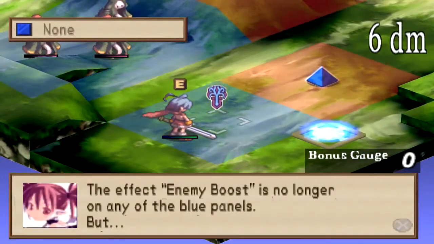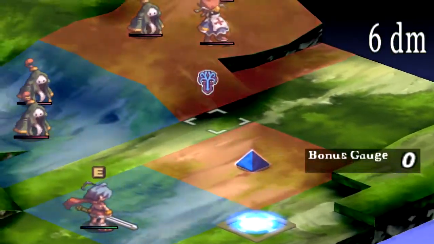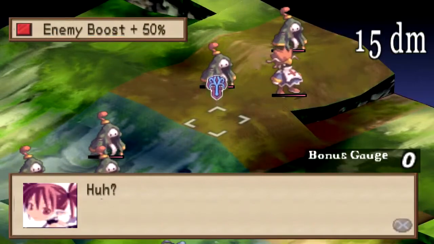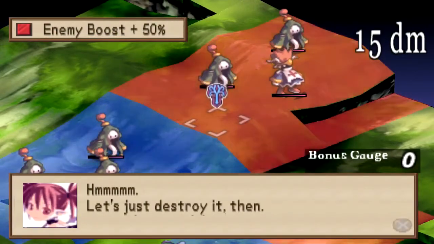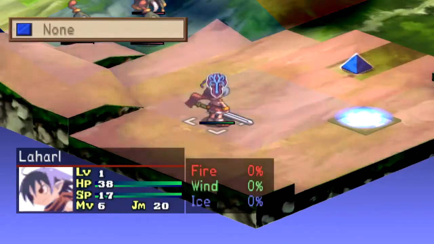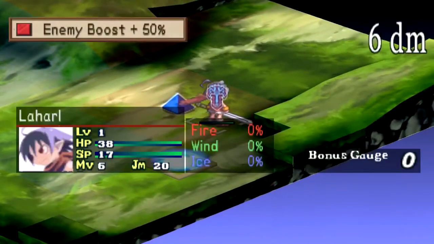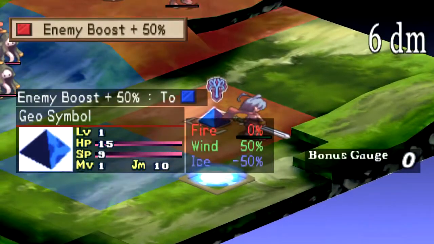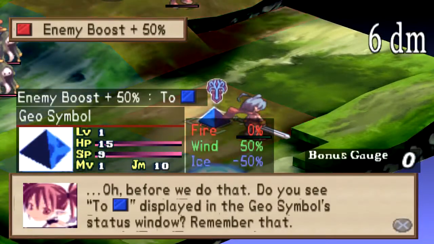The effect enemy boost is no longer on any of the blue panels, but now he's placed the pyramid on the red ones. Now all the red panels are boosted enemies. So the alternative is, as they're about to show, is that they can destroy them. Although they cheated, because he had 2 turns, and it didn't end their turn, but shh. Anyway, before we do that,